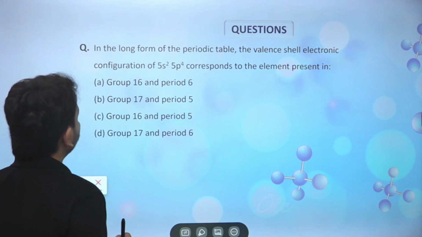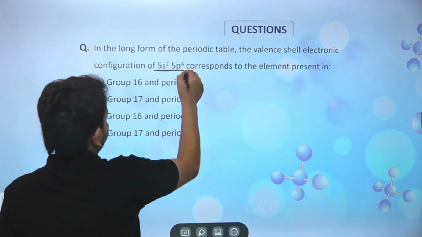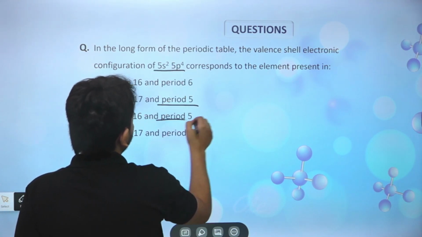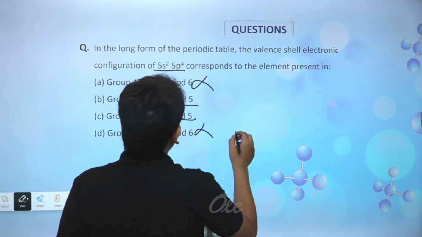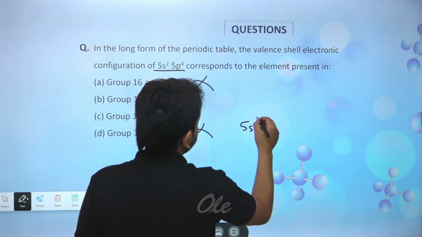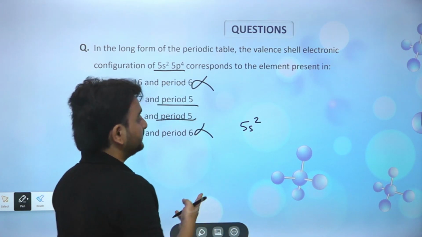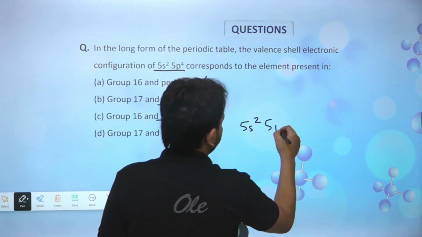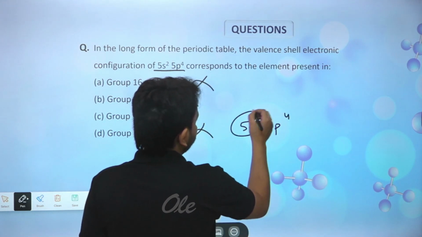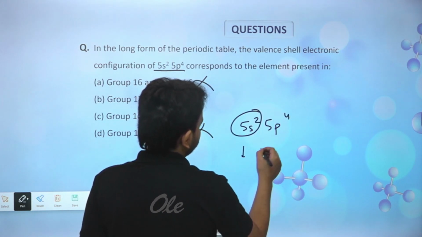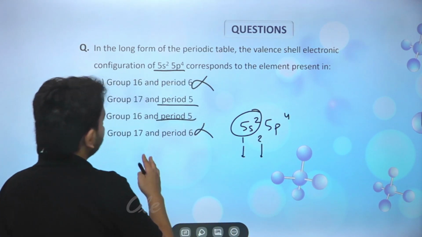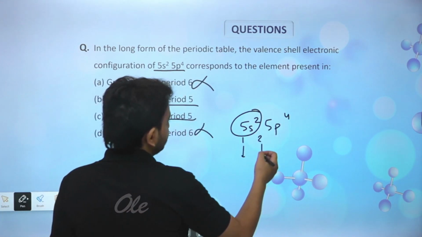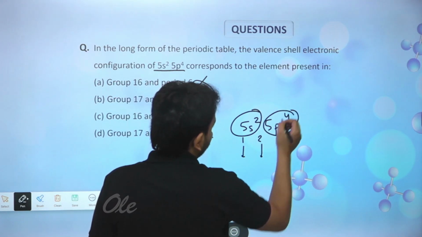So what you have to do over here is, this is 5s2 5p4, so definitely the fifth period. A and D are eliminated, right? Now once you have 5s2 going into this group, 5s2 and then 5p4, 5s2 means that it will be the first S, then the second S group. And then if you're talking about the group, guys,